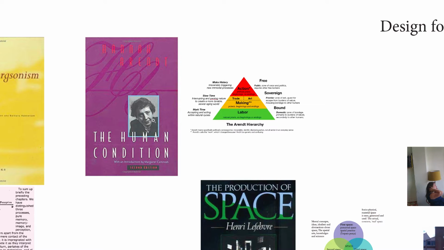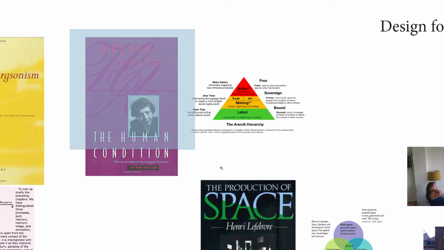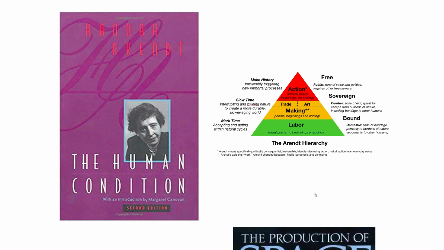the future, the present, etc. And so Hannah Arendt is one of my most interesting, she's for me one of the most interesting people. I discovered her via Kenneth Frampton and his writing from her, about her. And so she really talks about, in this book, the Roman idea of the vita activa, which is the active life, the three types of living in the active life. And they were,